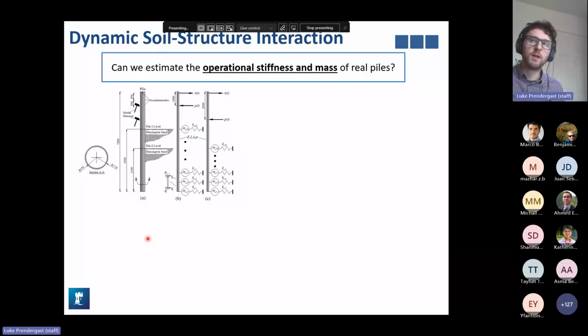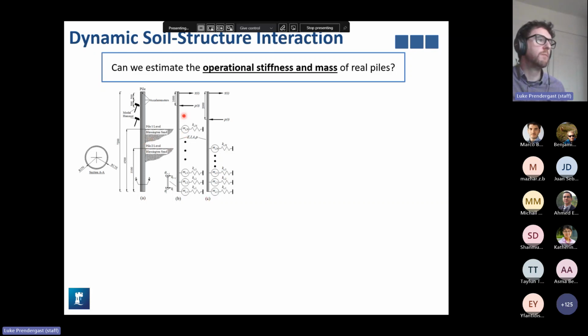So at the same dense sand test site that I had shown a moment ago in Blessington, southwest of Dublin, we had 2 piles installed in the ground. So I've shown them schematically as one for space saving in the paper that this is in. They were both embedded 7.2 meters originally. One was then excavated so that it had 4.5 meters of embedment, and the other was excavated so that there was 3.1 meters of embedment. The purpose of this was to see if the results worked for 2 different L/D or slenderness ratio arrangements without changing the diameter. Okay, so we developed 2 numerical models, B and C.